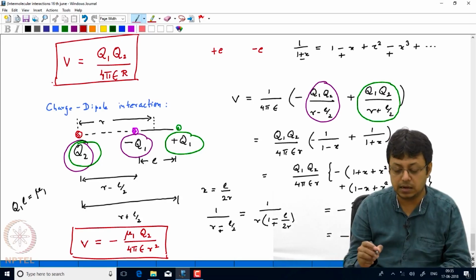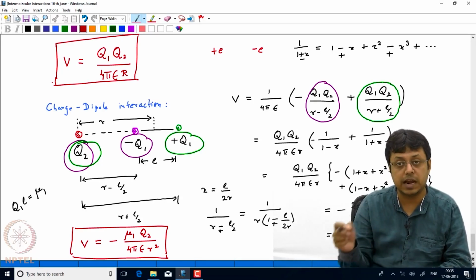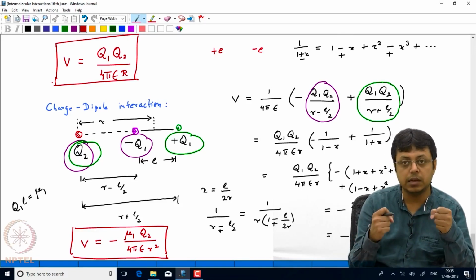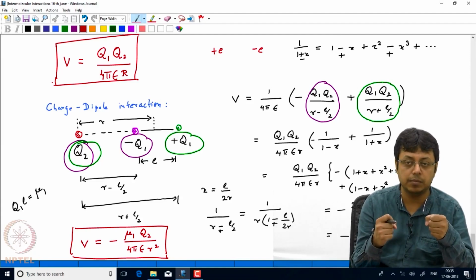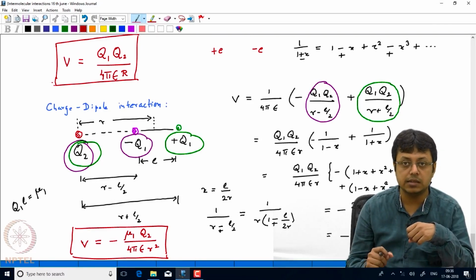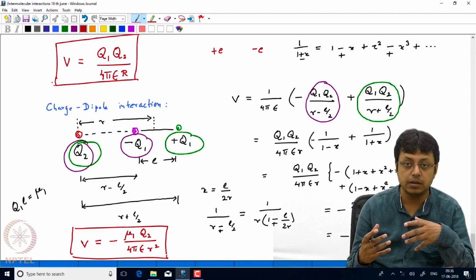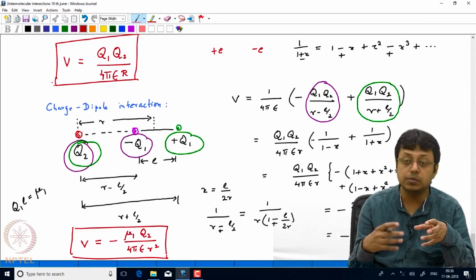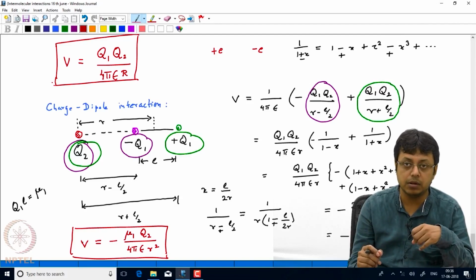Now we see that here we have a very specific arrangement of the test charge, which is q2, with respect to the dipole. Of course, if q2 is positive, the interaction will be negative, because the physical reason is that q2 is closer to the negative end of the dipole, which is a favorable position. But if q2 is negative, for this geometry we will have the potential energy as positive, which means it will be a repulsive interaction, because in that case a negative charge will be close to the negative end of the dipole, which is an unfavorable